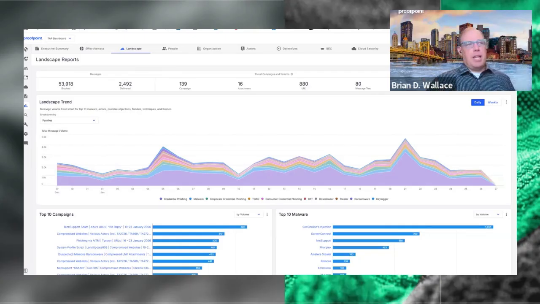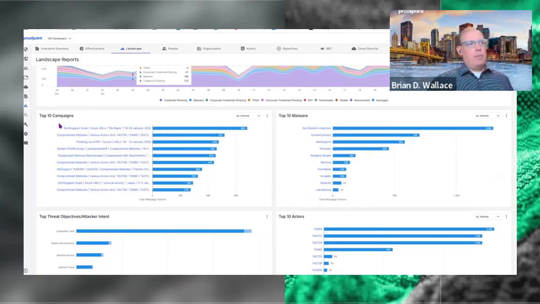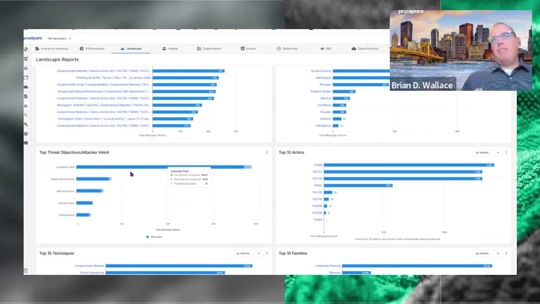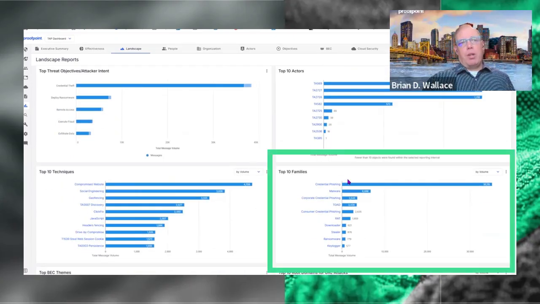In our TAP dashboard, we are able to see what the top threat objectives are. In this case, we can see that by far, it's credential theft. So that alone should start tipping me off, saying, okay, when I'm selecting a phishing template, what do I want to look at? Probably something aligned with data entry. We can also look at the top threat families, and looking at the top 5, by far, CredPhish is the number one candidate here.